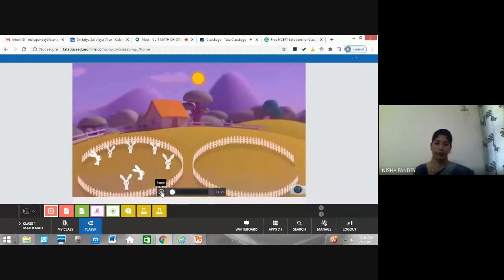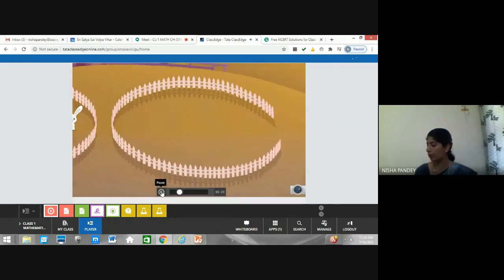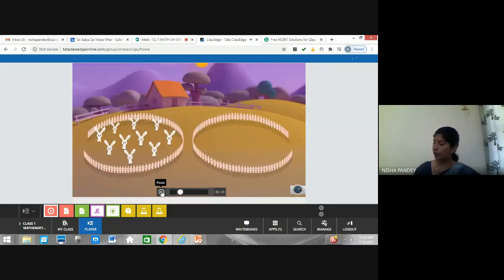It's late in the evening and the sun will set behind the hills soon. Aha! Look at those rabbits. They are coming back to their shelter. It's not safe for the rabbits to be outside their shelter after dark. Quite a few rabbits are back. Let's count the number of rabbits that have returned home. 1, 2, 3, 4, 5, 6, 7, 8, 9, 10. There are 10 rabbits inside this fence. But the other area is empty. A few more rabbits have to still return home.